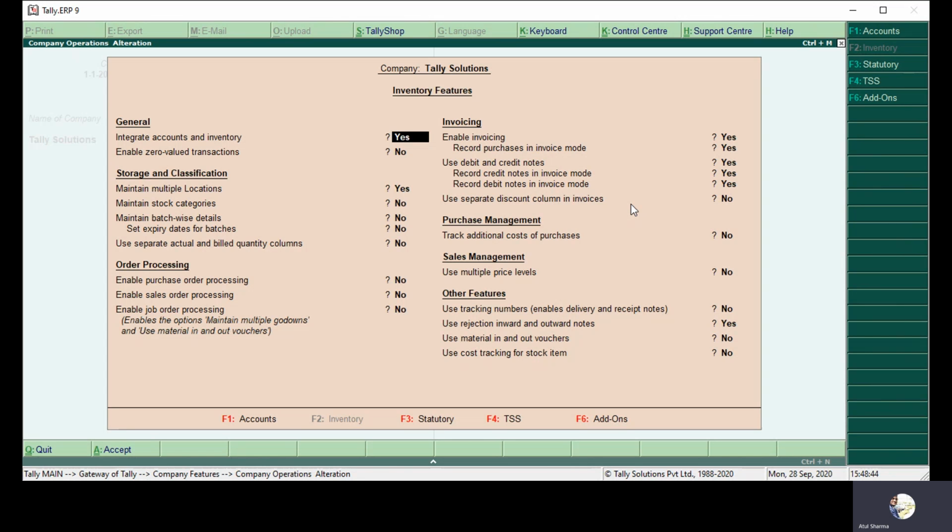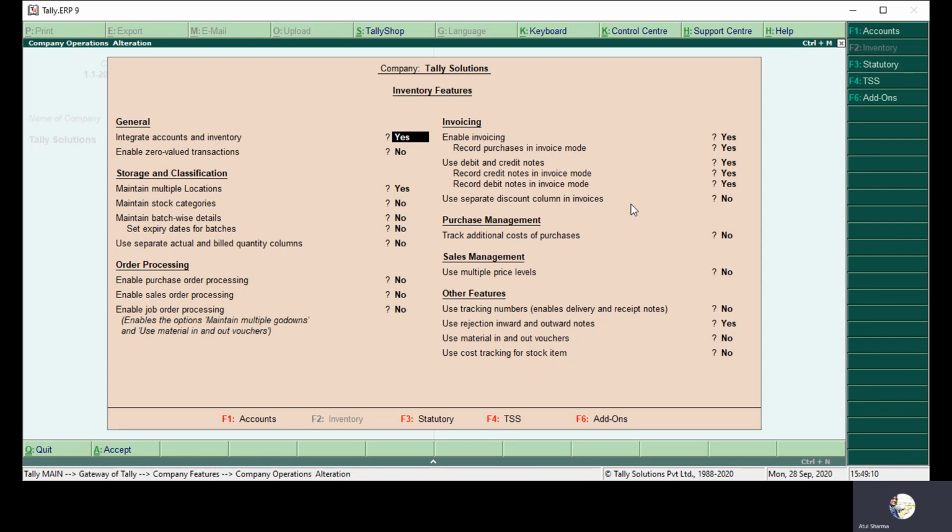The first option is the one we have given, and here is why this particular feature is available. You have mentioned the stock in hand. There are two ways: either Tally will show by default, as per the purchase and as per the sale, whatever stock in hand is available. If it is yes, that particular quantity or amount will reflect.